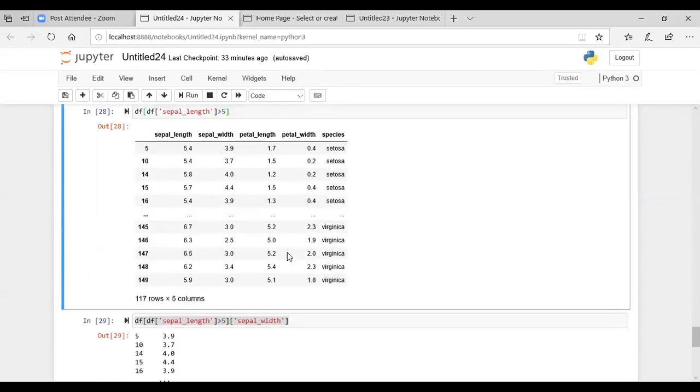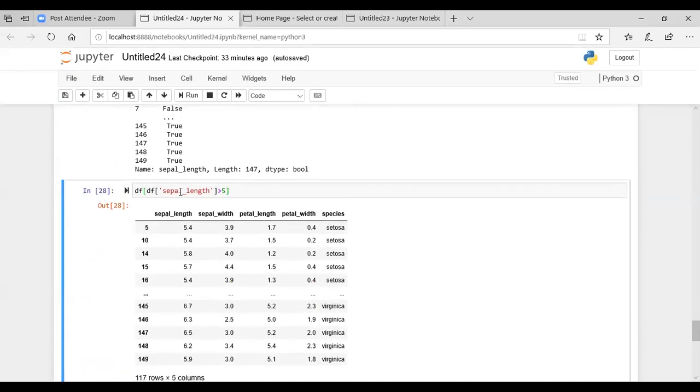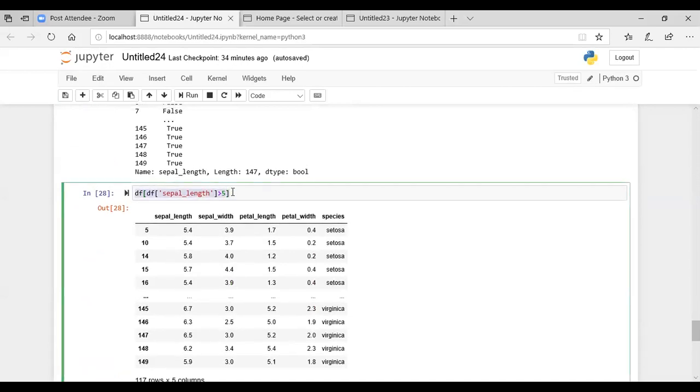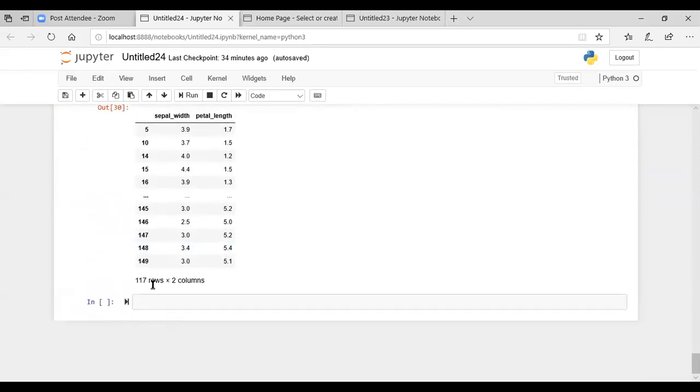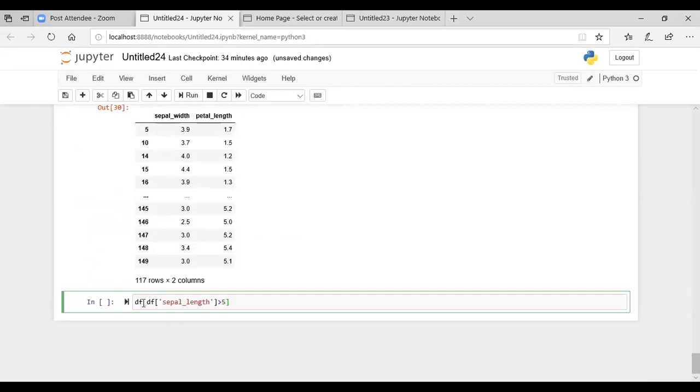So if you want to combine more than one condition, you have to put round brackets and then use a single ampersand, okay, and then again make use of df, within which what we want is petal length.